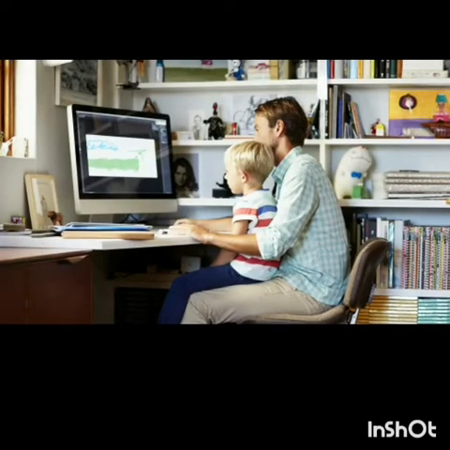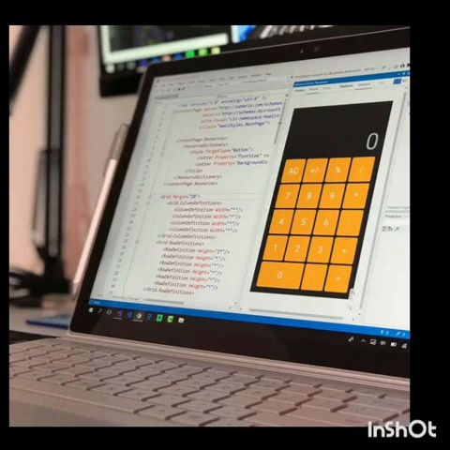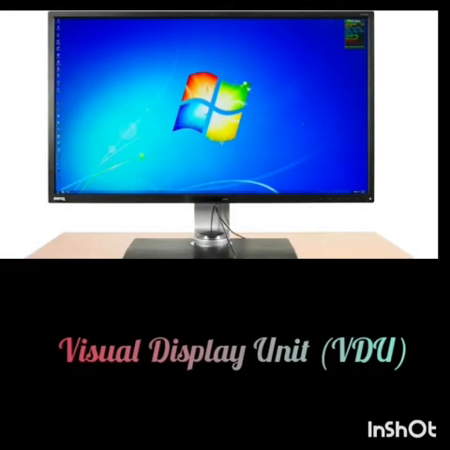We can see drawings and cartoons on the monitor. We can also do calculations and see the results on the monitor. It is also called a visual display unit, or VDU.